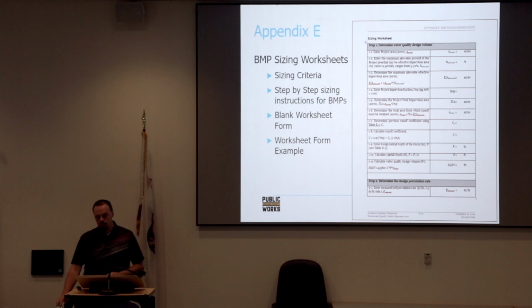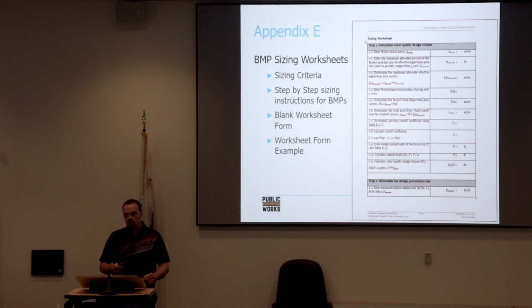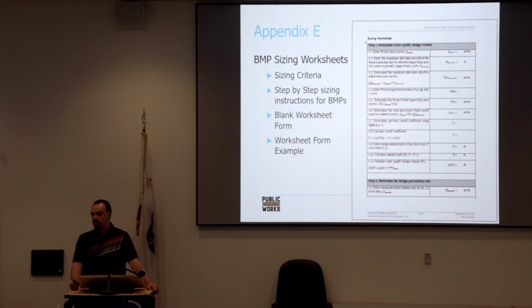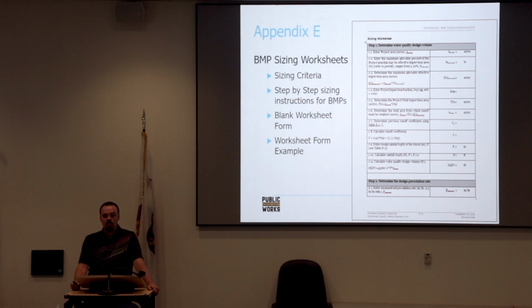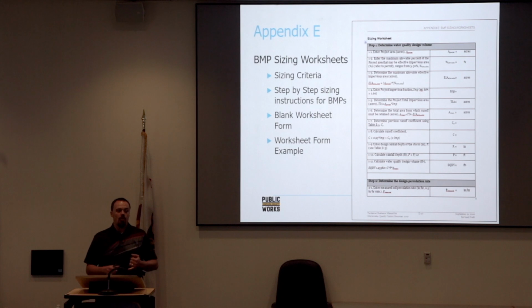So in Appendix E, to supplement the TGM tool, we have Appendix E, and these are the detailed BMP fact sheets, or worksheets, sorry. So these are the ones I mentioned in the first session that outline exactly, if you're doing bioretention, you go to that worksheet, and it brings you step by step through the process of identifying what your stormwater quality design volume is, and then identifies how big your BMP needs to be based on how much of